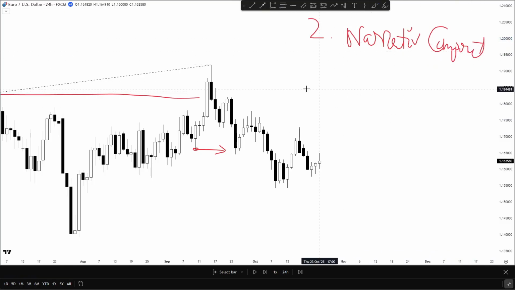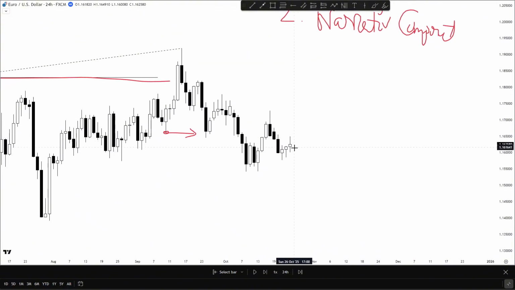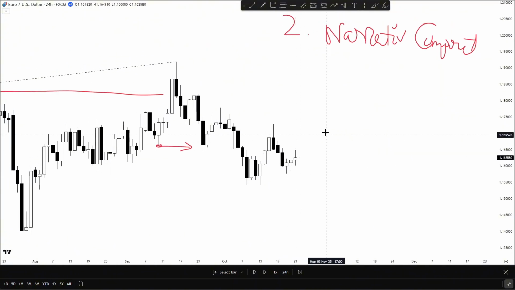Okay, so now I'm going to use the ideas within the narrative component and help you understand how I established a directional bias from that bearish directional idea that we built earlier, and how did I reach the conclusion regarding that. Okay, so first of all, the first step within the narrative component is to identify,